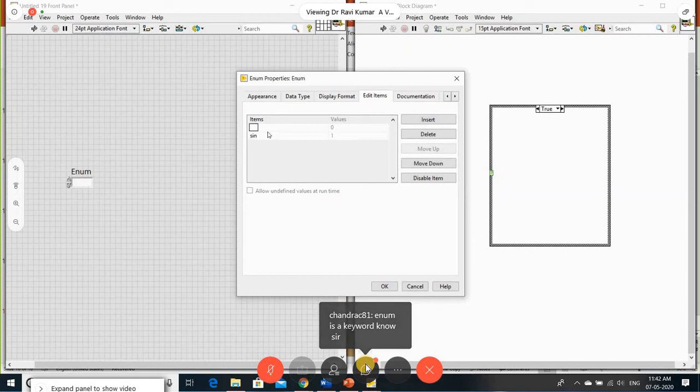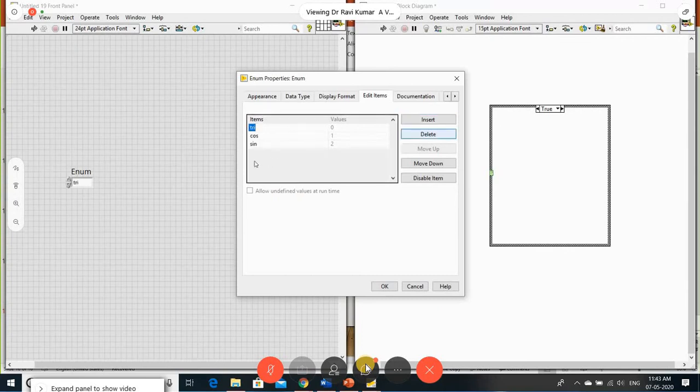Insert. So the sine wave value is taken as 1. With enum, the value is automatically converted to numeric. Then again I want to use the cos, and next triangular wave. Okay, fine, this is enough.